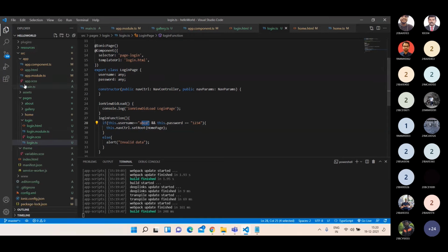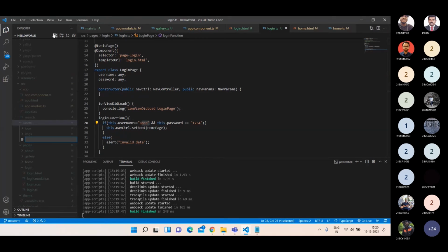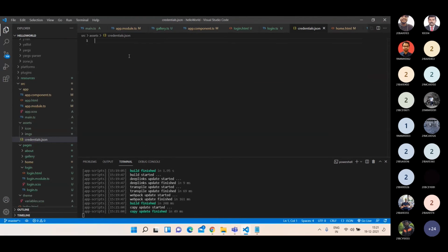So what I'm going to do is, inside assets, create one document called credentials.json. Assume we are going to get this information from the server.